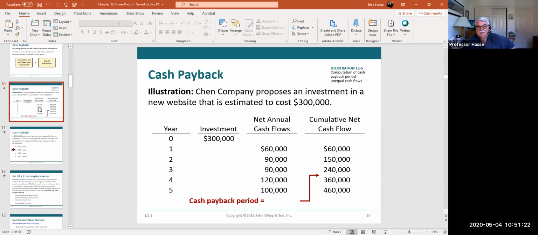Here's an example. Here's a company that has an investment of $300,000. They're going to generate positive cash flows over the next 5 years. At what point do they exceed the $300,000? Well, it's between year 3 and 4. They've had $240,000 of cash back after year 3 and $360,000 at the end of year 4. So somewhere between year 3 and 4, probably 3.25 or 3.5 years, they get their